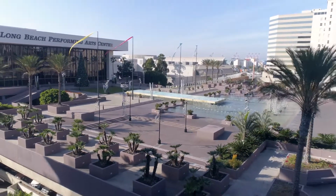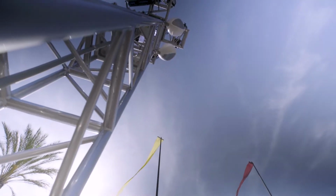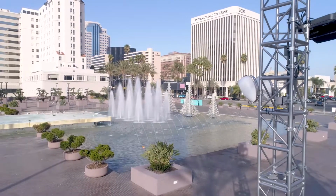One of the things that we like about it a lot is that it doesn't necessarily require an audio cable, meaning it still requires power, but I would note that for a while we were actually going to use the solar powered version. That was going to be a solution because we didn't have power in a certain location. It ended up being that we didn't need to do that, but I know that if we're able to put speakers into the parking lot area of this property, they don't have power out there. So for us, being here in Long Beach, I think we have 310 days of sunshine a year. The solar option is a great way. Not only is it green, but it gives us safety,